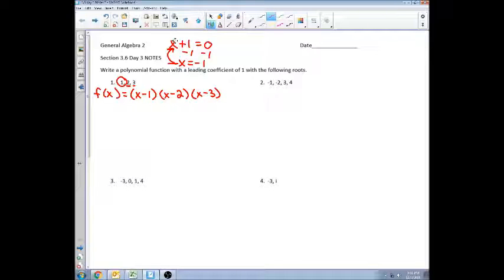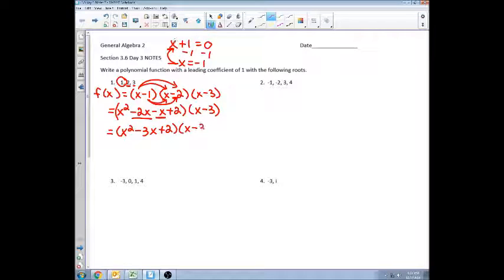Basically what we're going to do now is double distribution. So it would be x times x, which is x squared, x times negative 2, which is negative 2x, negative 1 times x, which is negative x, and negative 1 times negative 2, which is positive 2. I'm going to put that in a set of parentheses and leave my x minus 3 on the outside. I want to combine like terms in my first set of parentheses. My like terms are negative 2x and negative x, so I'm going to have x squared minus 3x plus 2